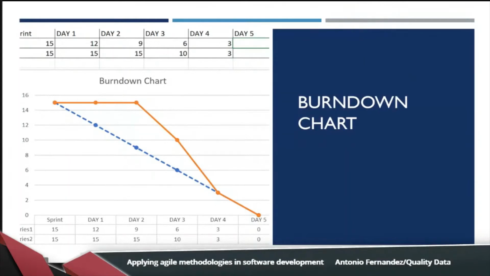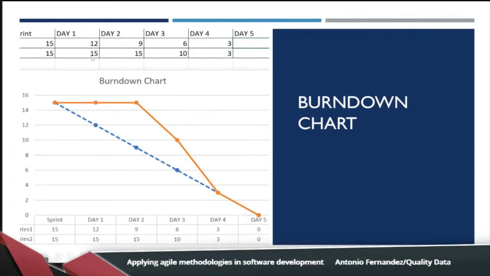This is a chart that shows me the total of story points pending to complete. And we have the blue line with the ideal plan. I have 15 story points in 5 days, and I need to complete 3 points each day. And the orange line is the real progress of the project.